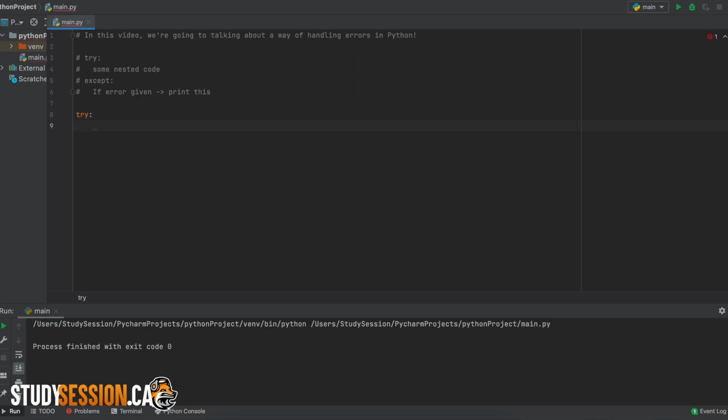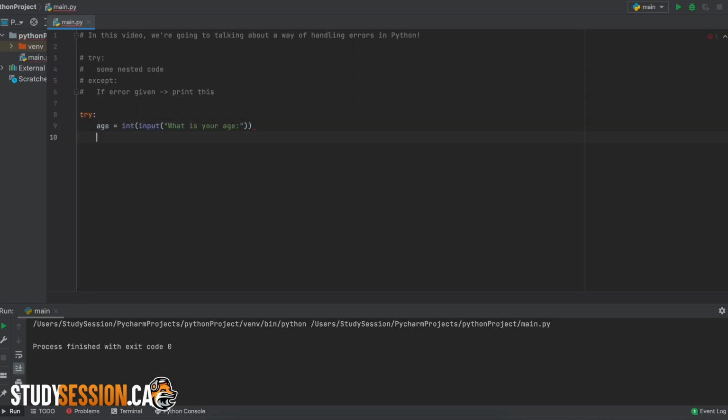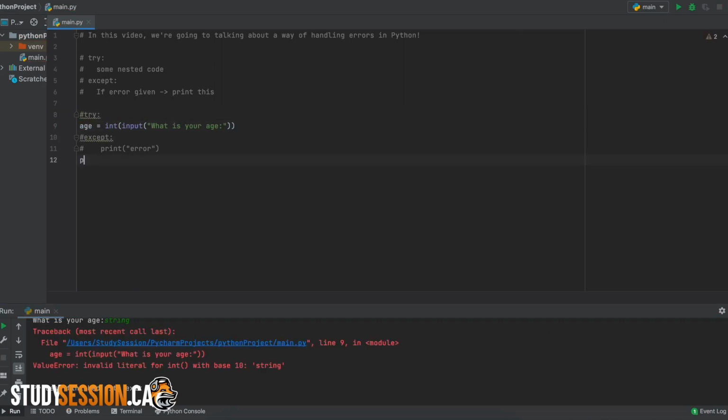So the best way to cover this topic is through an example. So let's do that. Let's ask our user for their age. Well, as it usually goes, our user found a way to break our program, and they did so by entering a string instead of an integer. The problem here is that our code is simply halted and any code after that section is ignored. We can use the try and except block to get around this complication. Otherwise, any trivial error within our program can cause the whole program to collapse, and as you can imagine, that wouldn't be ideal.